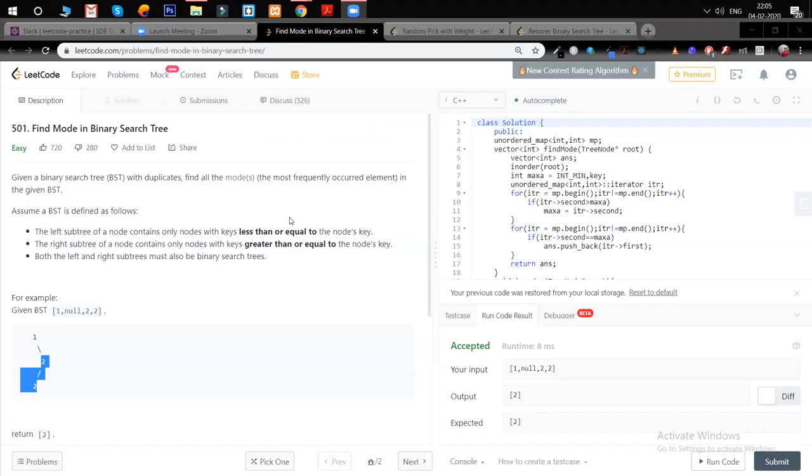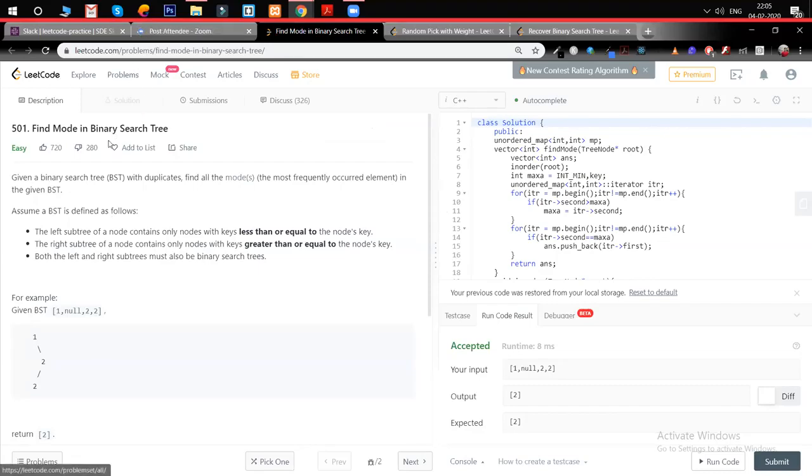Yeah, so the approach that I followed was, from the fact that the in-order traversal in a binary search tree gives you the increasing order of numbers. While you are doing in-order traversal, you can keep track of the last visited element, and if the current element is the same as the last visited element, you can just keep a counter and increment it.